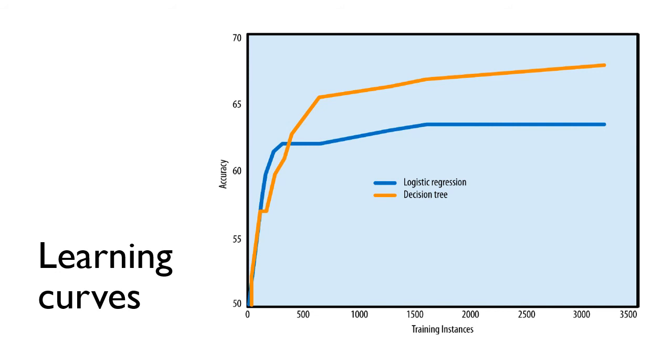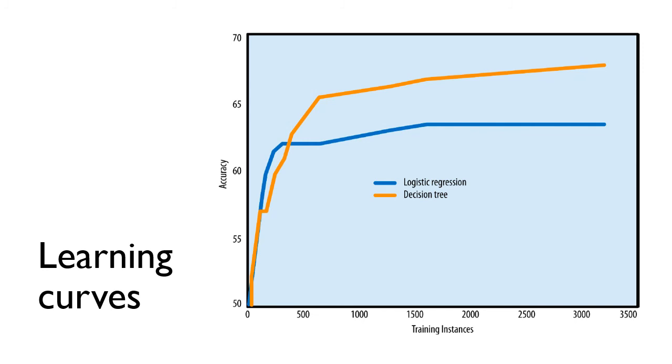They are steep initially as the modeling procedure finds the most apparent regularities in the dataset. Then, as the modeling procedure is allowed to train on larger and larger datasets, it finds more accurate models. However, the marginal advantage of having more data decreases, so the learning curve becomes less steep. In some cases, the curve flattens out completely because the procedure can no longer improve accuracy even with more training data. In the graph shown, the improvement rates are different for the two model induction techniques and change over time.